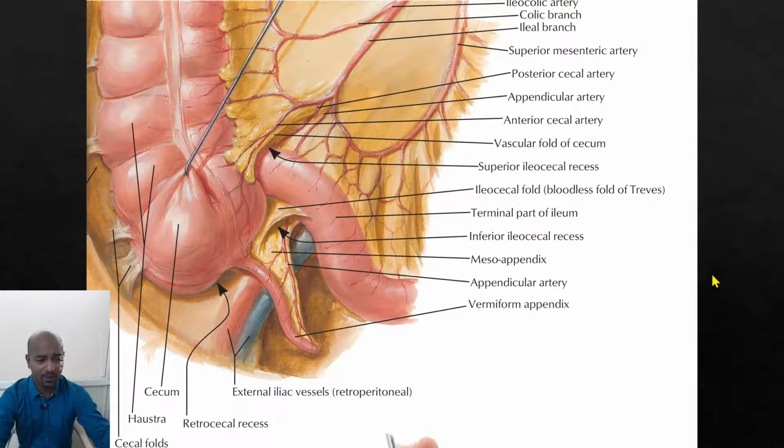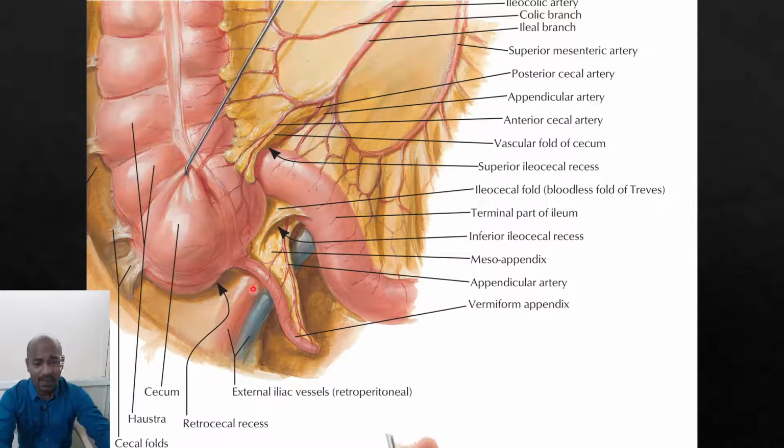These longitudinal muscles are formed by the coalescence of the three taenia coli, and the lumen of the appendix is irregularly narrowed, mainly because of the submucosal lymphoid tissue. You will find large amounts of gut associated lymphoid tissue aggregating in the submucosa and mucosa of the appendix, and because it is so large, it can disrupt the epithelial lining of the appendix, causing the lumen to be irregular.